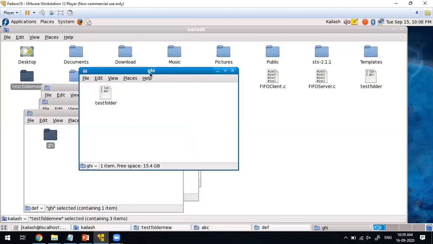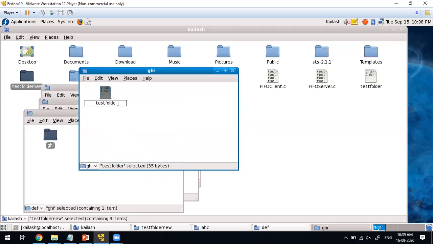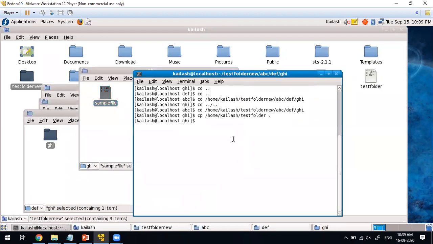See now, inside the GHI there is a file called test folder. I'll rename it to sample file. Now I'll clear the screen.